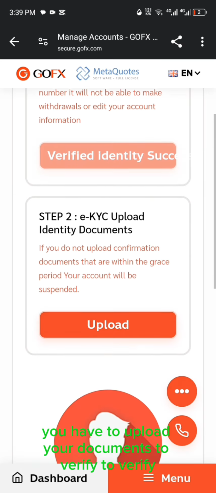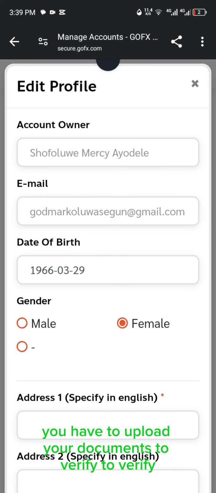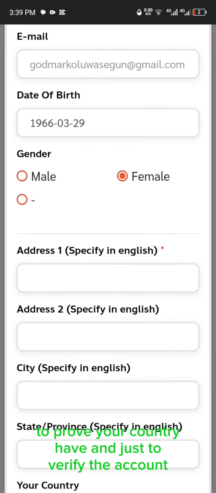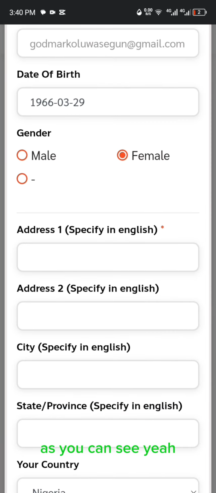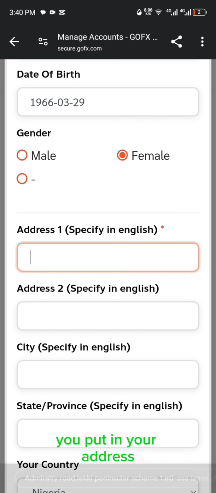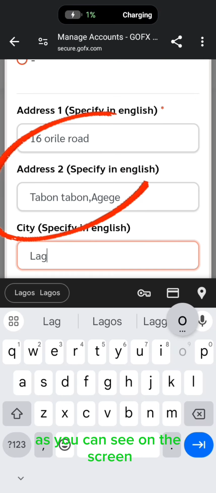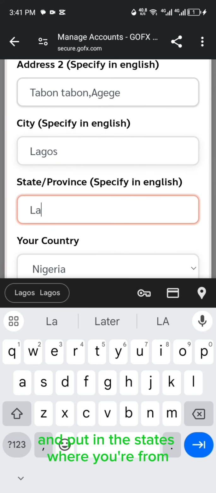And the next one, you have to upload your documents to prove your country, just to verify the account. As you can see here, you put in your address. You have to put in address here. As we can see on the screen, I just put in mine, and put in the state where you're from,